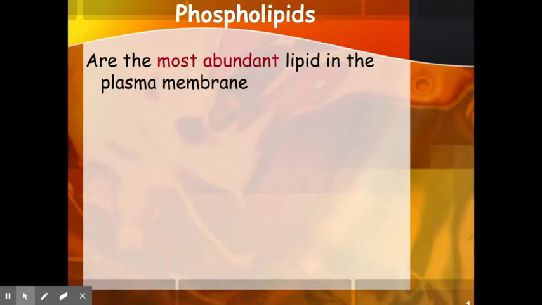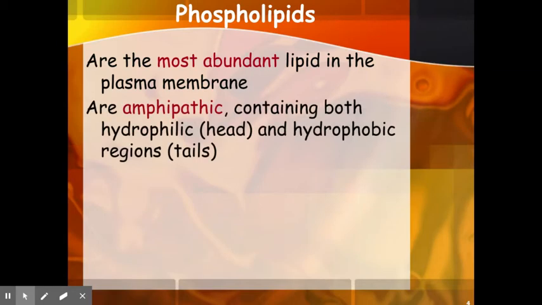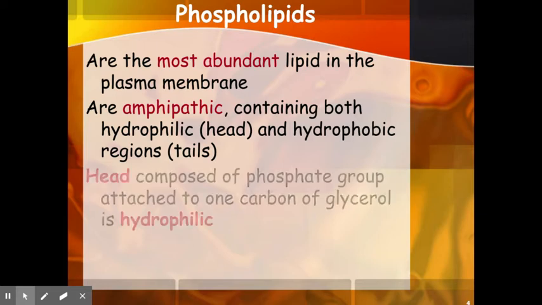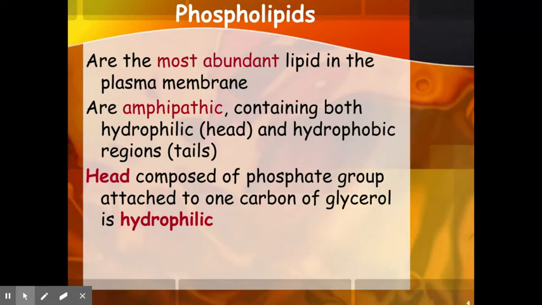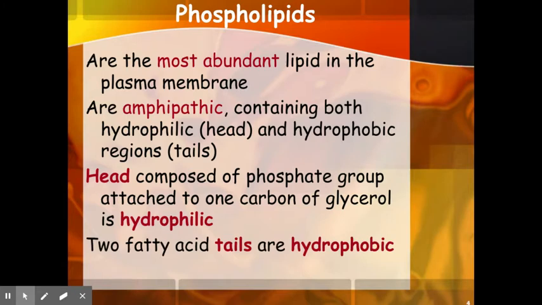So phospholipids are the most abundant lipid in the plasma membrane by far, and they are what we would consider to be amphipathic. So number 2 on your reading guide, amphipathic, meaning they contain two different types of piece to them. So they have a hydrophilic head and a hydrophobic tail. So we call that amphipathic. The head is composed of a phosphate group that is polar, that can interact with water. The head is hydrophilic, and that is attached to the tails, which are hydrophobic,